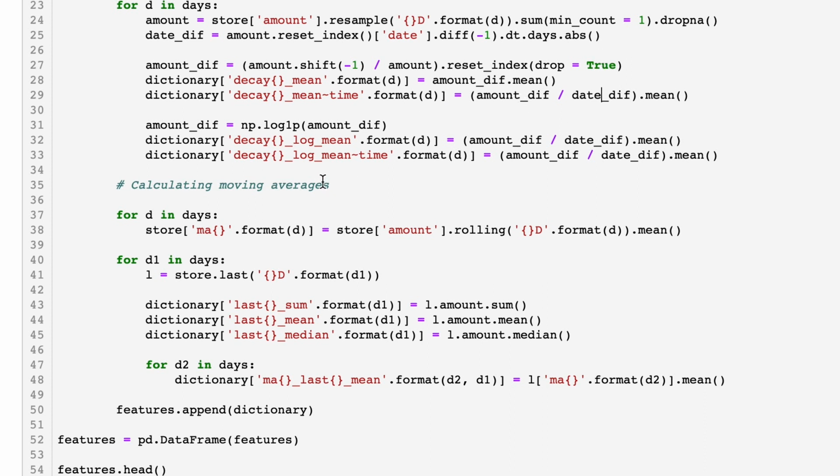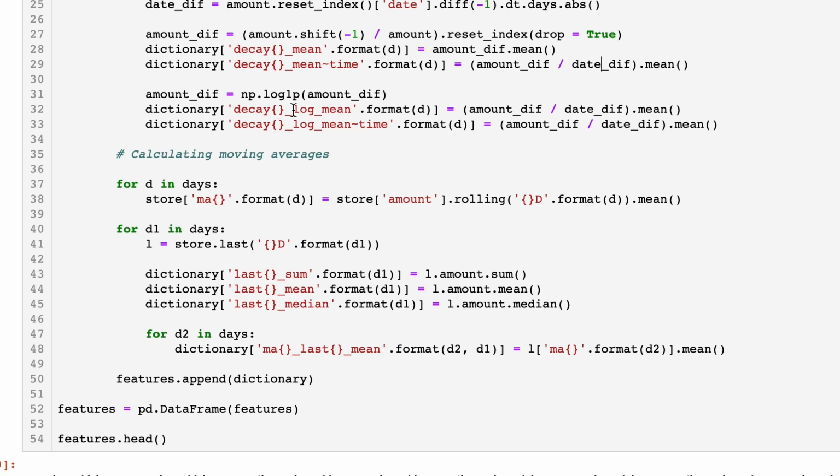And also for normalizing the results of decay for different stores, which obviously have different amounts, different sums of values, because the amount of a single transaction is quite different for multiple stores, varying from 1,000 to 1 million and over. So here we take a natural logarithm of the difference amount and also calculate the same average and the